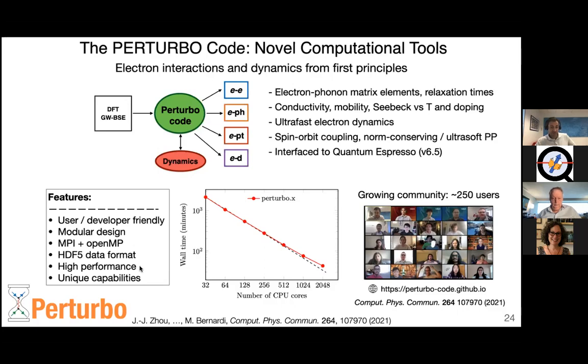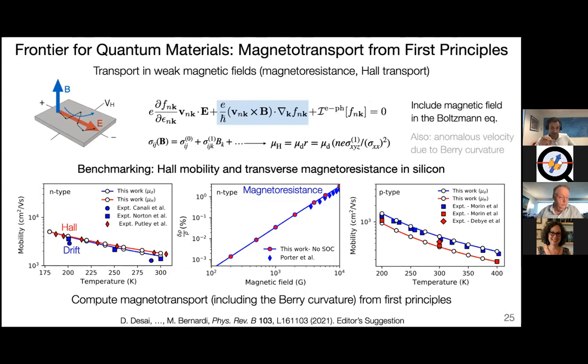And besides the high performance, the code has really unique capabilities. Besides the ones that we have released, we have many more, but there is one that I would like to highlight in my final slide, which is the fact that recently we've been able to also include the magnetic fields in transport. As you know, many measurements of transport properties, particularly in quantum materials, are done at low temperatures in magnetic fields. So recently we have included the magnetic field term in the Boltzmann equation.